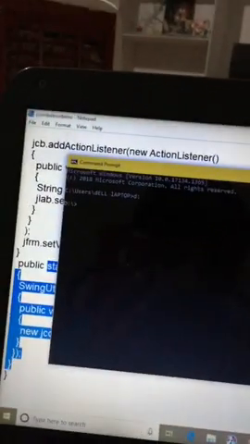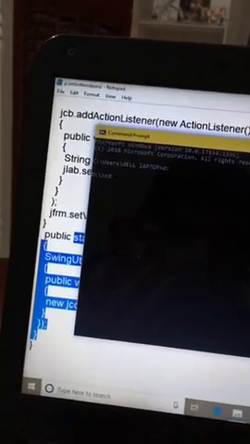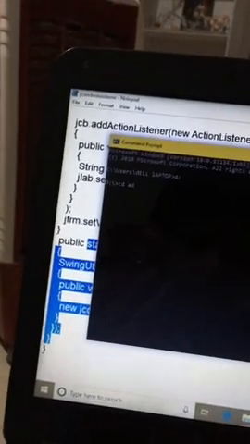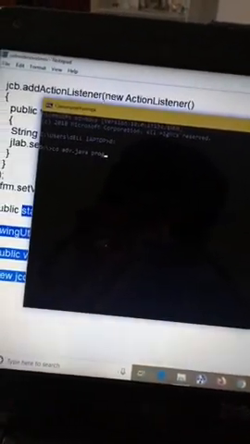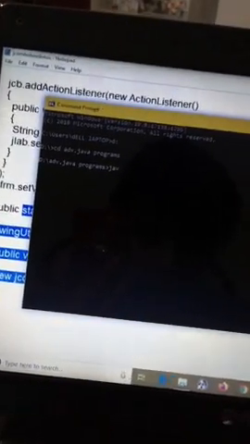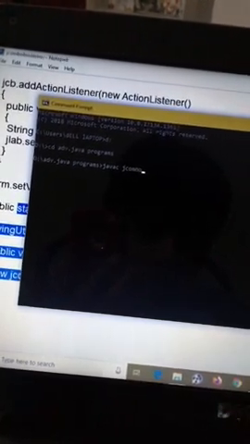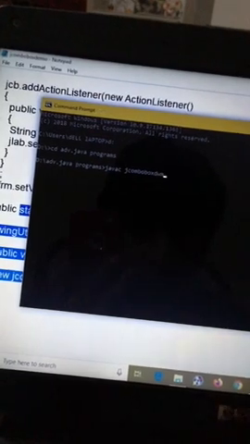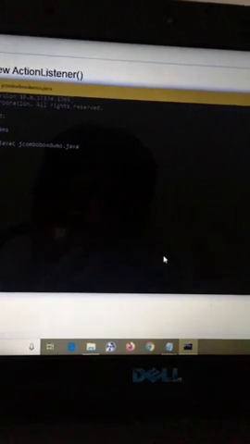So D colon, then cd advanced Java programs, this is my folder where I saved my program. Enter. Then javac JComboBoxDemo.java.